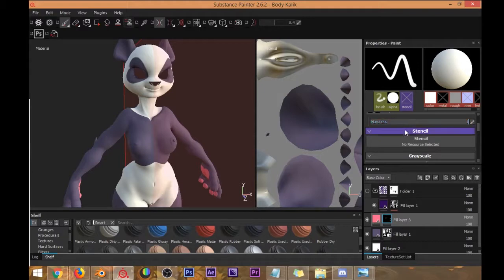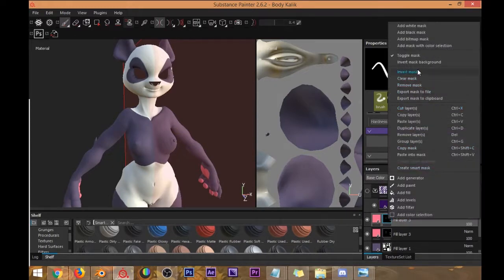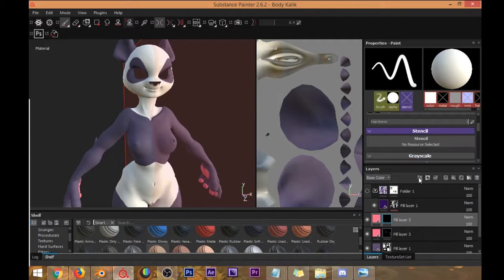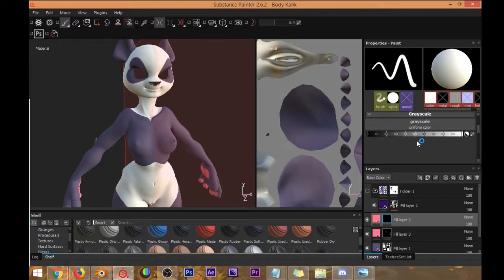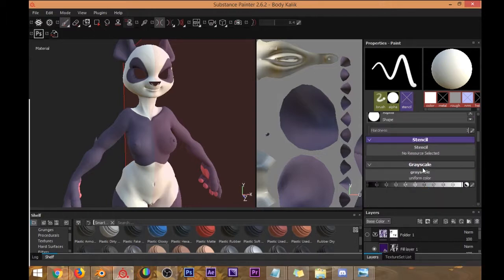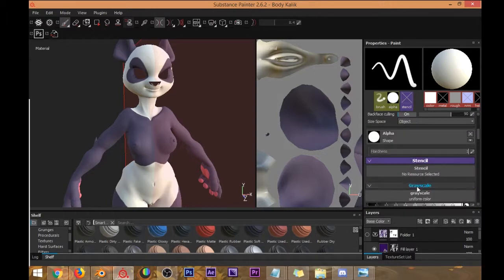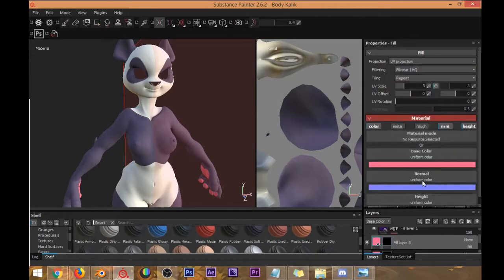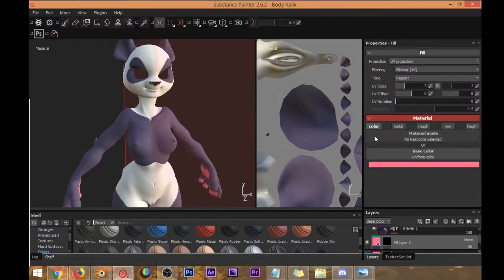And I will duplicate this. Control C, V. I will clean the mask, and I will shut down the height, because I will paint the nipples here, and we don't need it to bump more there. What happens here? Normal and height go off,